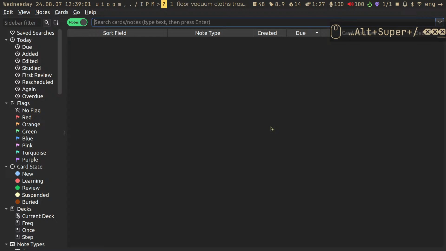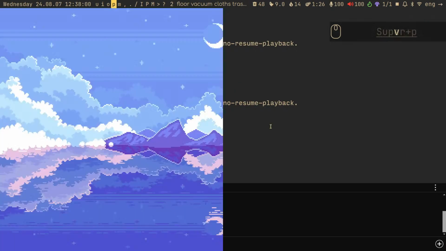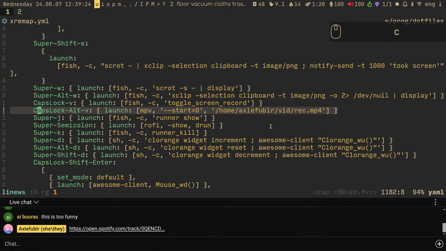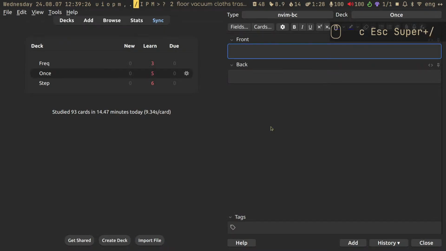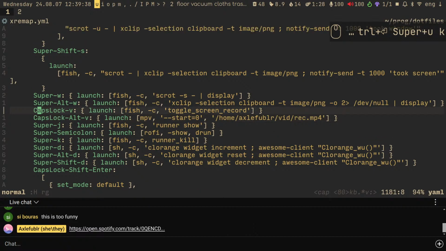I should probably write this down. So, turns out, what I had is a hotkey specifically to watch the most recent screen record. But I forgot about it, so let's add it. Global, watch the most recent screen recording. So, my hotkey, caps lock V,